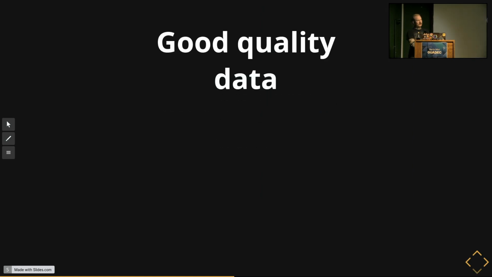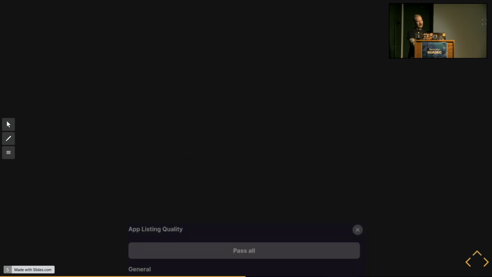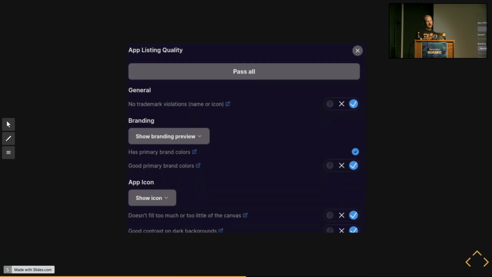But to make all this work, good quality data is really, really important, because without good quality data, we cannot do as much good for you as we want to. So in order to improve upon this, we have started doing some data quality work. We are trying to give you some help and a little feedback loop to help you improve your app. So we show on your app page a rating which is done by team members, and in this case everything is good, everything is blue.